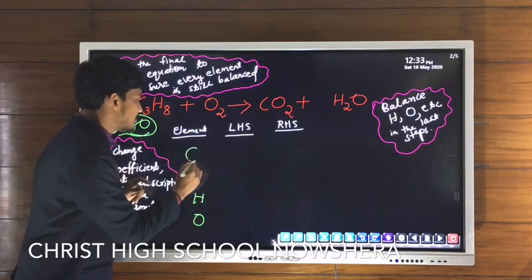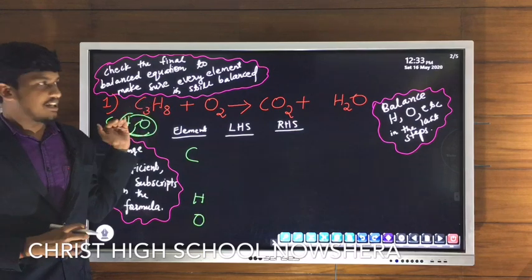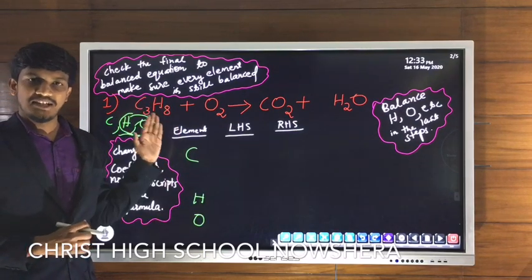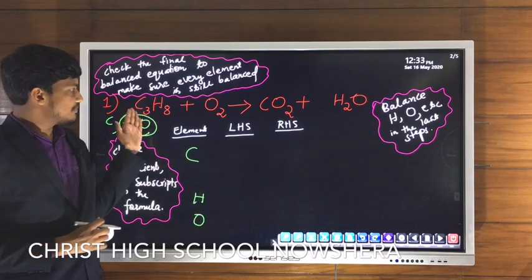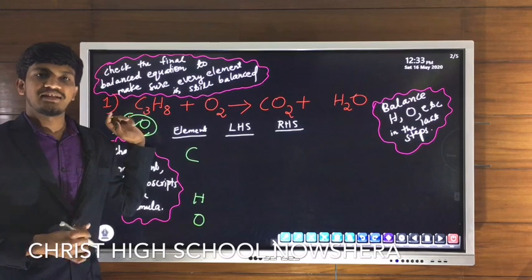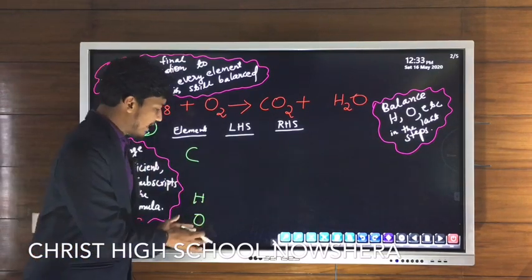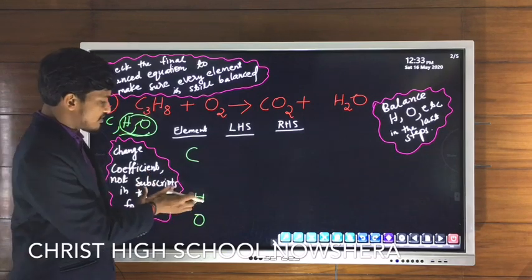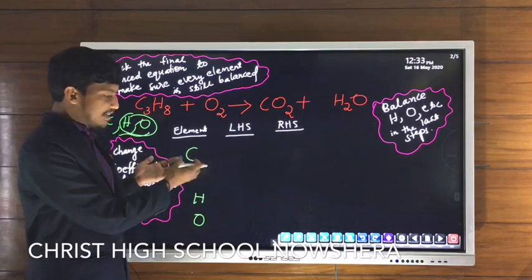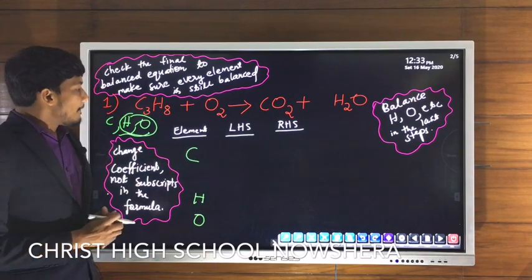So we will write carbon first. The first step for balancing an equation is that we have to list the different atoms present in the equation, identify the different atoms available in this equation. In that case, hydrogen and oxygen we have to write them in the last steps. Hydrogen in the second last step and oxygen in the last step. Other than these, if there are other elements, we can write them in first, second or third steps.